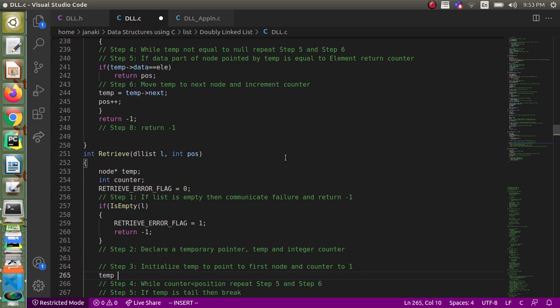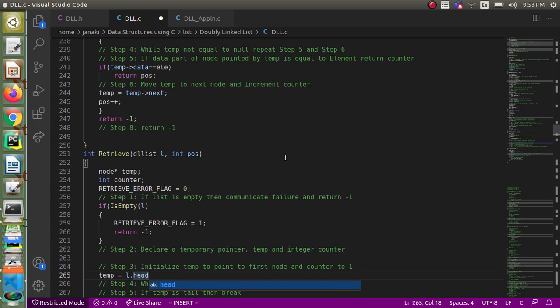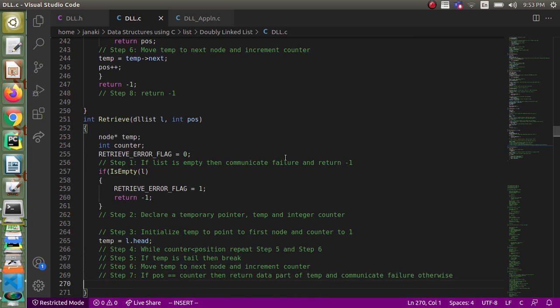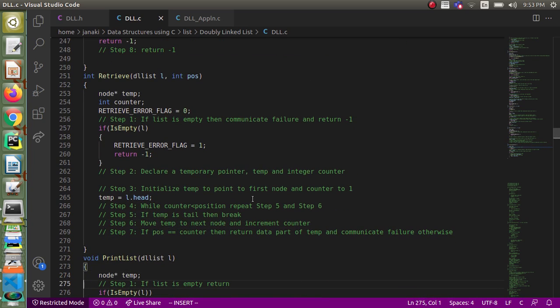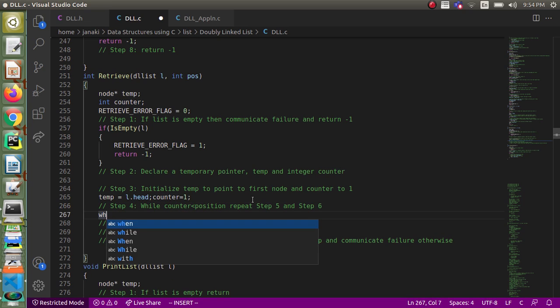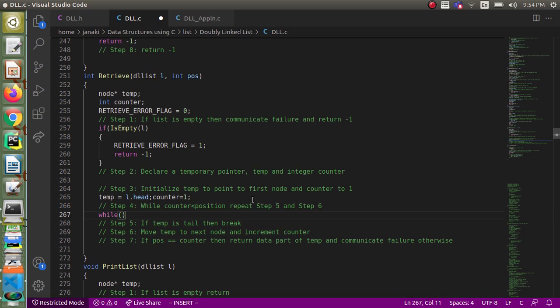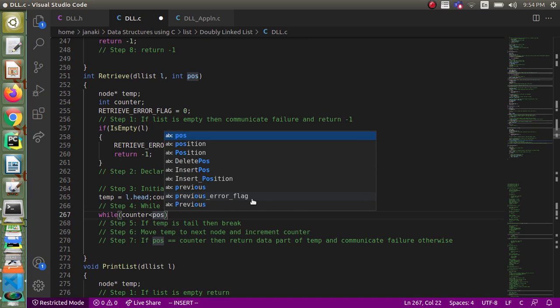So you will say temp equal to L dot head, because we have passed it by value. You have to use the dot operator, and you will set counter equal to 1. Okay, and while counter less than position, while counter less than position,